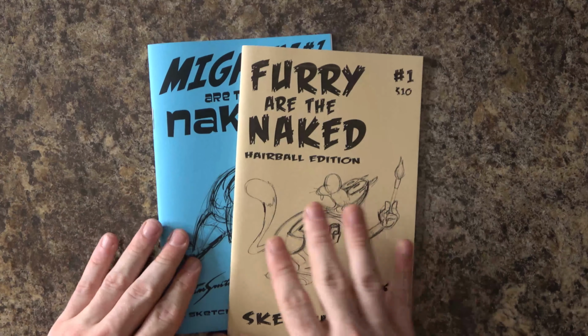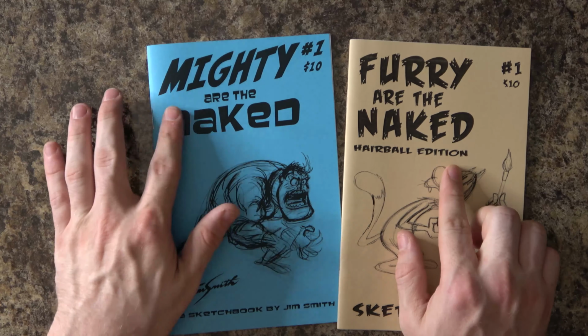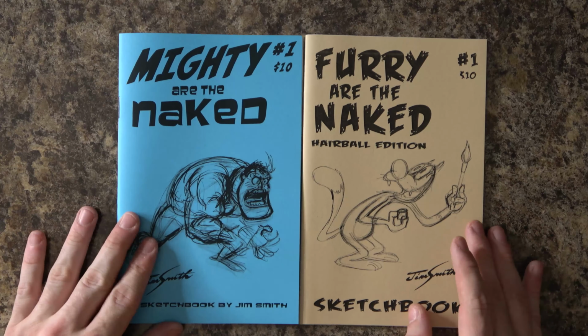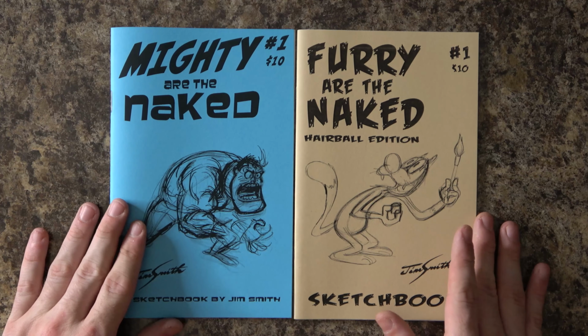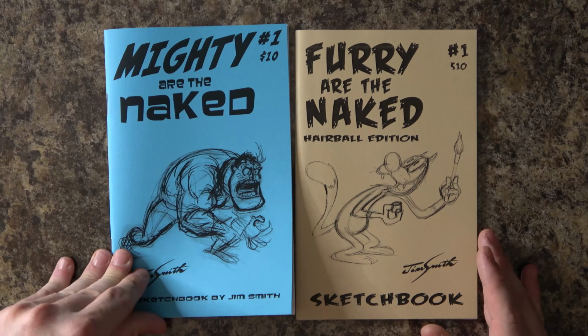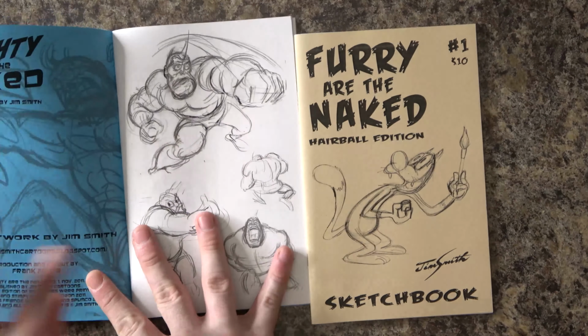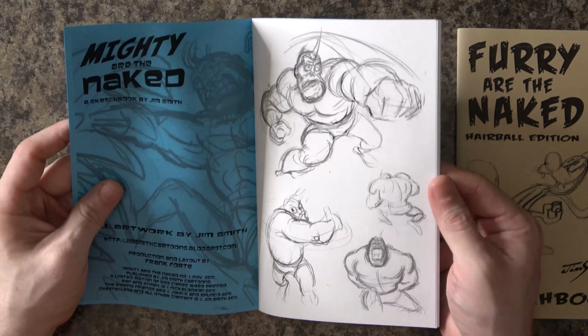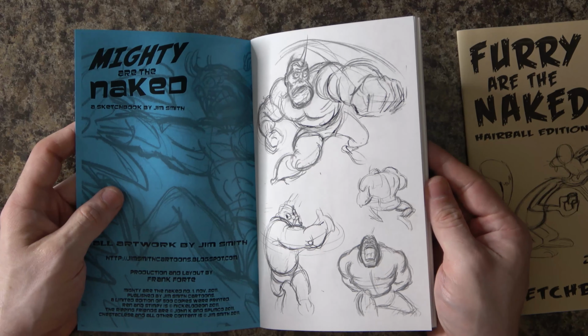Alrighty, so we got Furry Are the Naked, the Hairball edition, and Furry or Mighty Are the Naked. I can't even read. Now these are Jim Smith, who was involved in the creation of Ren and Stimpy, and we're just going to go through it and look at these particular sketchbooks because I think they're just kind of neat. They have some great